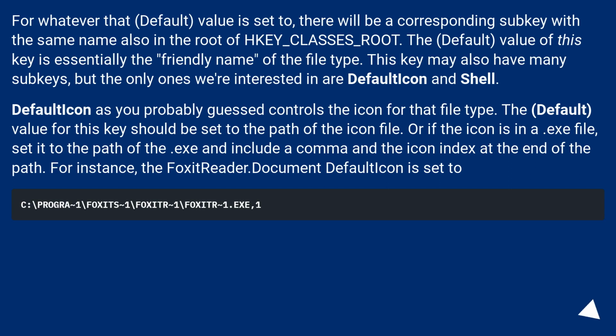DefaultIcon, as you probably guessed, controls the icon for that file type. The default value for this key should be set to the path of the icon file. Or if the icon is in an exe file, set it to the path of the exe and include a comma and the icon index at the end of the path. For instance, the foxitreader.document DefaultIcon is set to